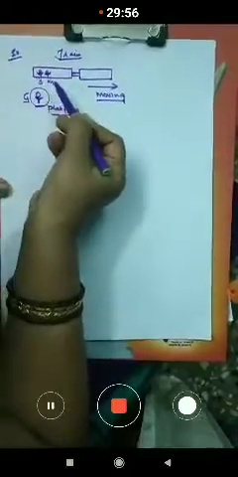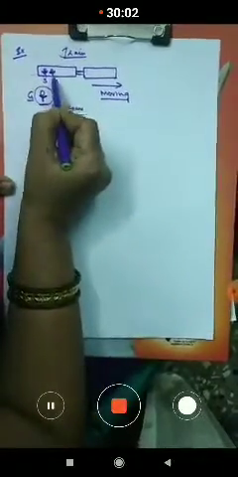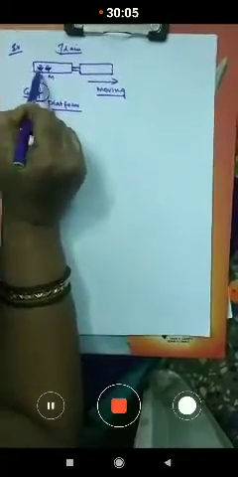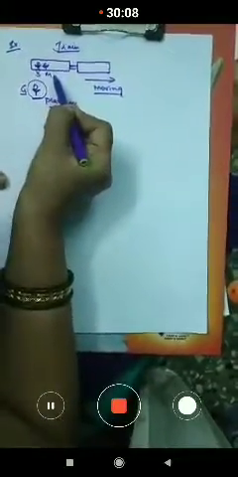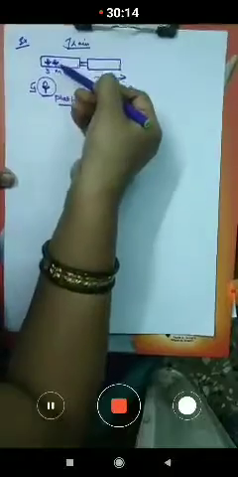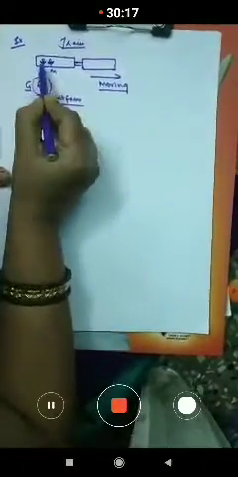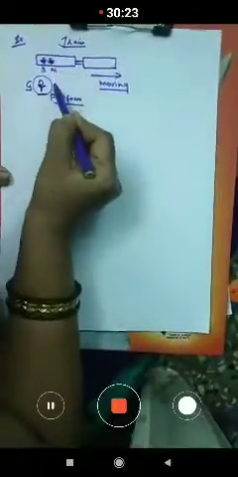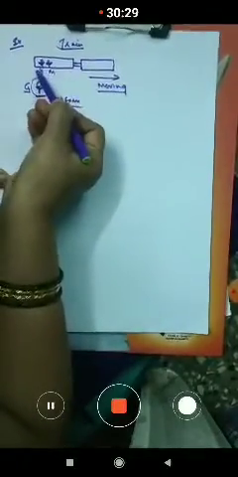For Sonu and Monu, they are at rest as they are sitting together. According to Monu, Sonu is sitting at rest. According to Sonu, Monu is sitting at rest. But what about the person standing outside on the platform? For him, Sonu and Monu are moving. They are in motion. With respect to him they are in motion, with respect to each other they are at rest. So the surroundings play a very important role to decide whether a thing is at rest or in motion.